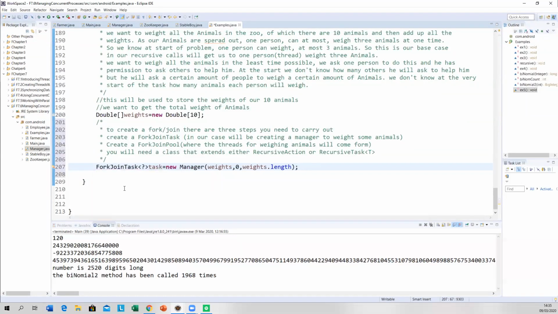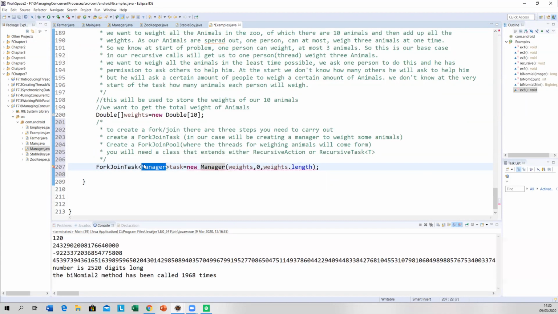I can't put manager in there, because the compute method of the manager class returns void, and the return type is what goes in there.